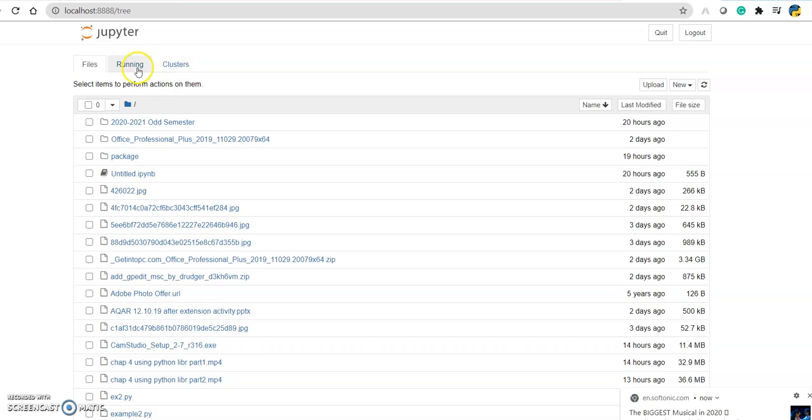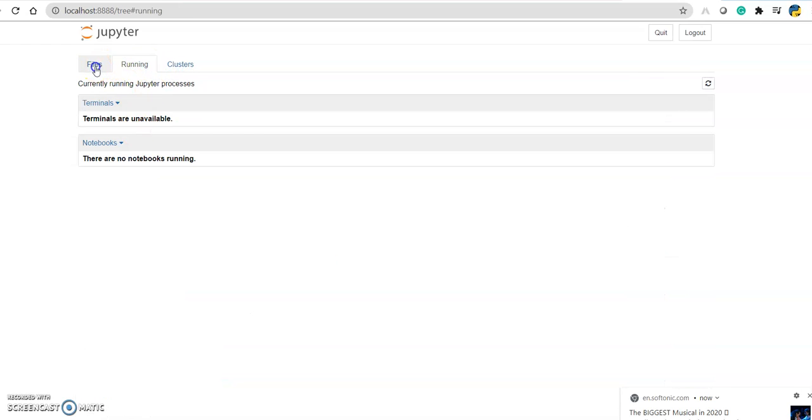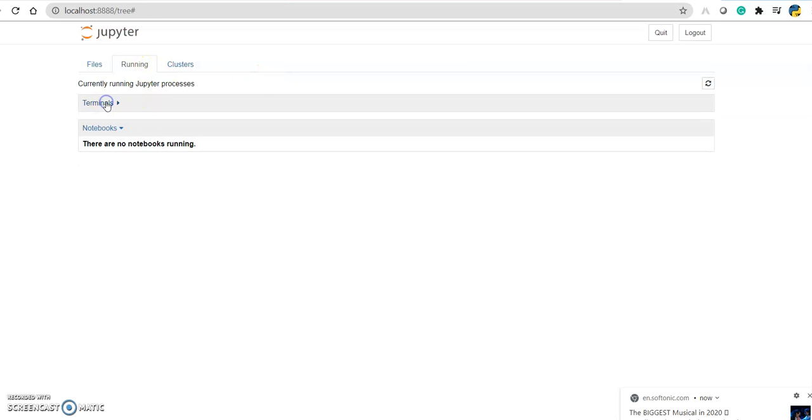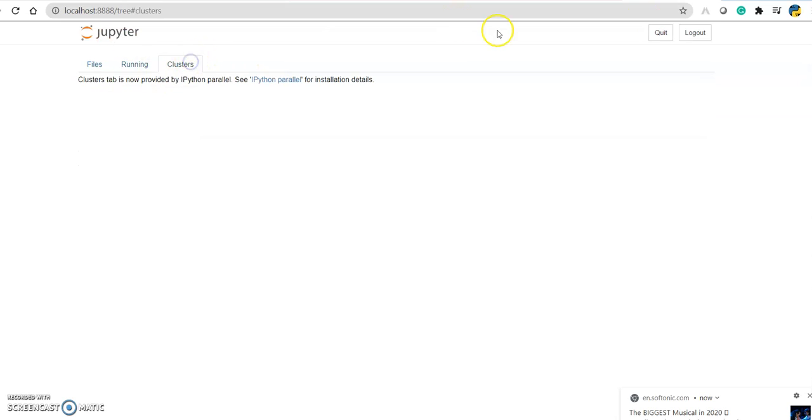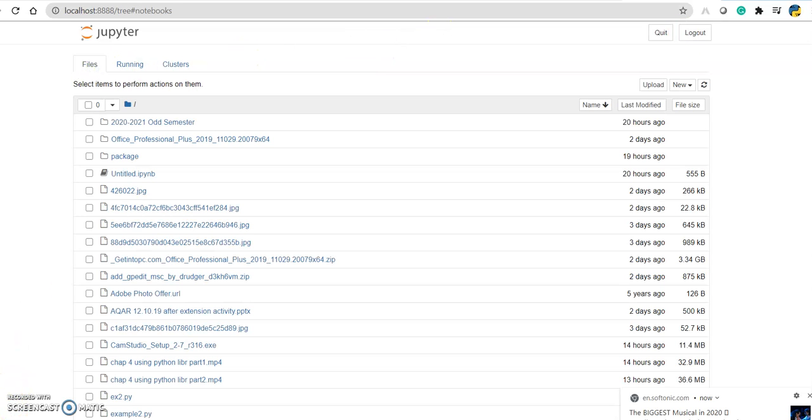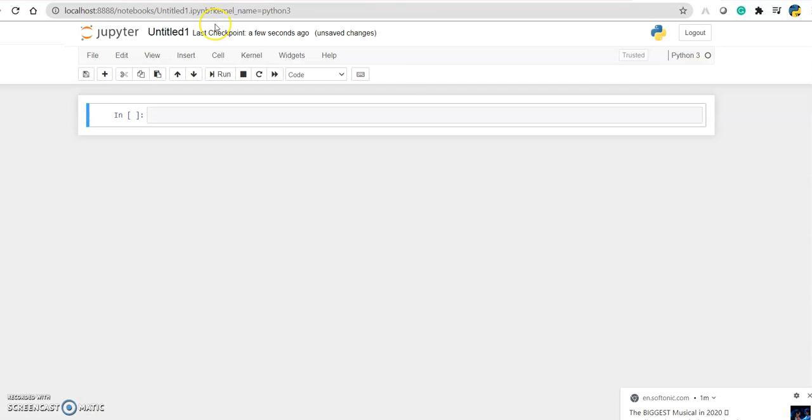You can run your own code. On the right side there is a New button, and under that I have clicked Python 3, so it has opened. Here you can execute any Python command.